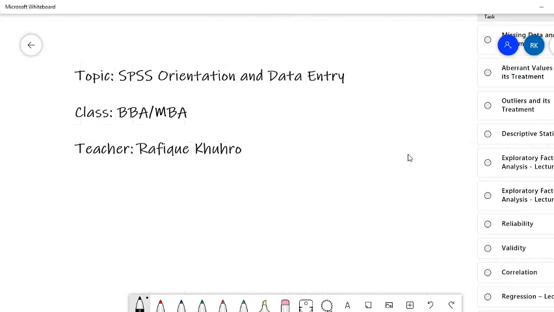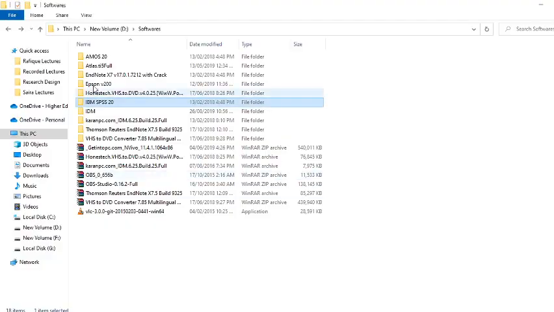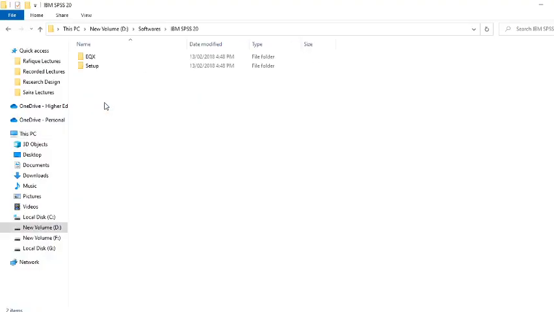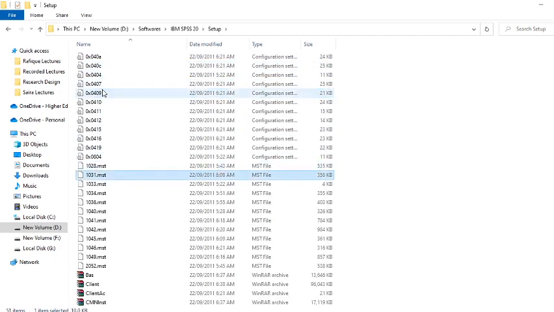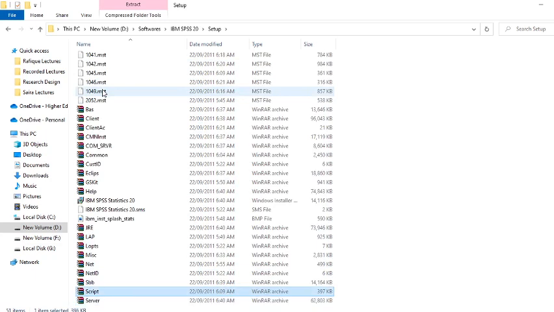As far as SPSS is concerned, I will give you a link through OneDrive. You need to download that software. When you download it, the IBM SPSS software will be there, and these two folders will be available. EQS, you will not do anything with; rather you will go to the setup, and within setup you will find IBM Statistics.